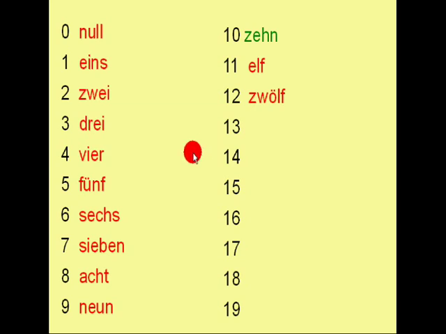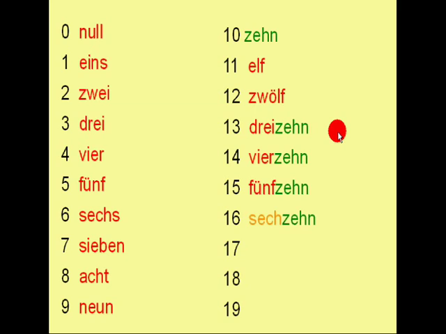So just like in English, we mention the right number first and then the left number. So you say 13 and we say 13. So we just put together the 3, which means 3, and the 10, which means 10, alright? The next one, you say 14, we say 14, 15,